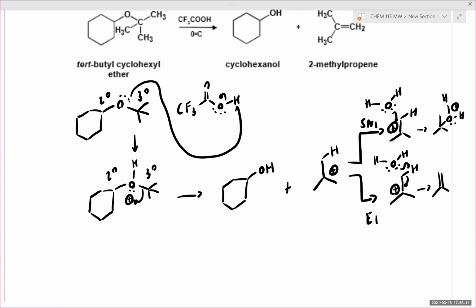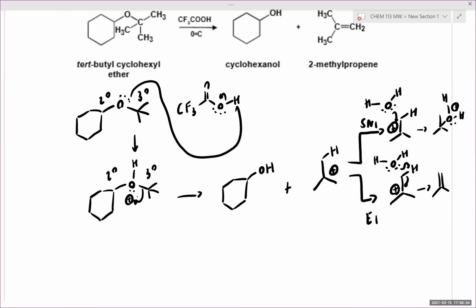So what prompts the elimination of the tert butyl group? Like, does it just happen, or? So once you have this protonated intermediate, the first step in either an SN1 or E1 reaction is loss of